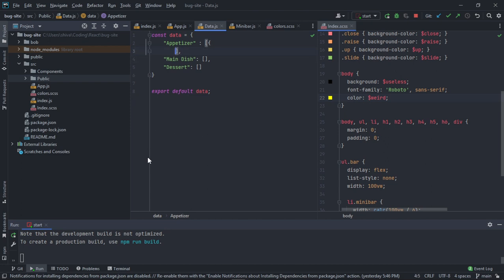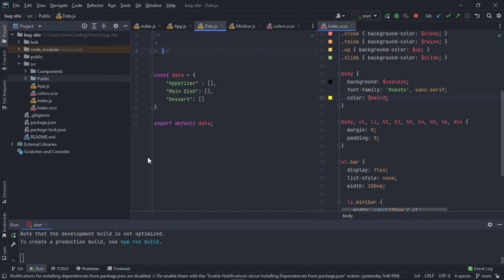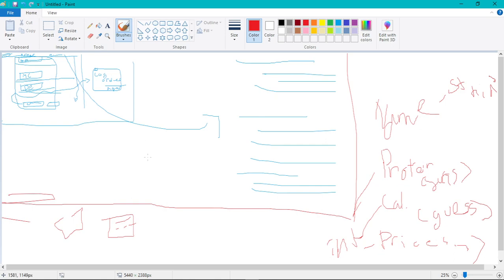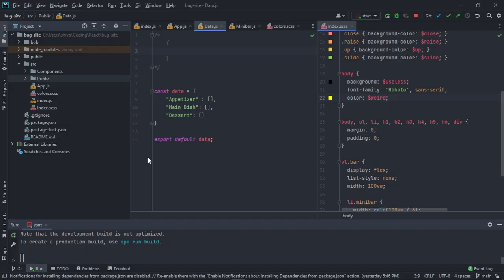I'm actually going to rewrite the structure here in the comments. Go and we can hit tab. We go and we can write it in here as, what do I need? Name, protein, cal, and price. So name, alright, string,